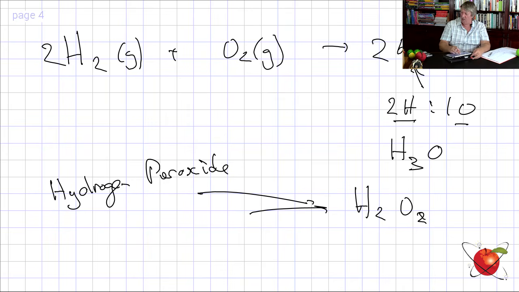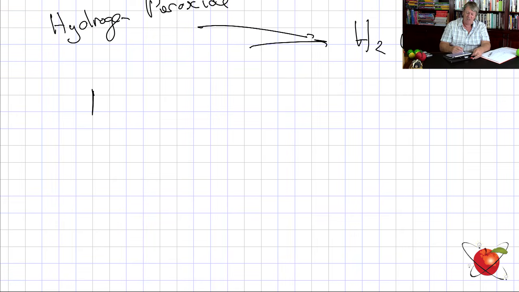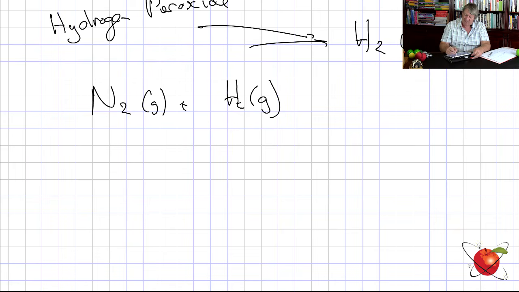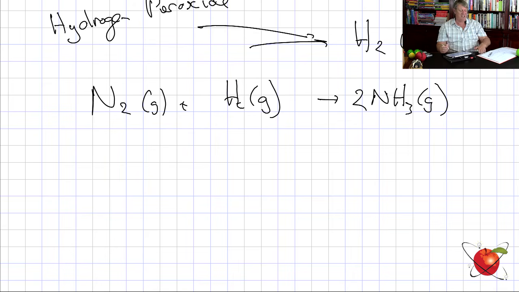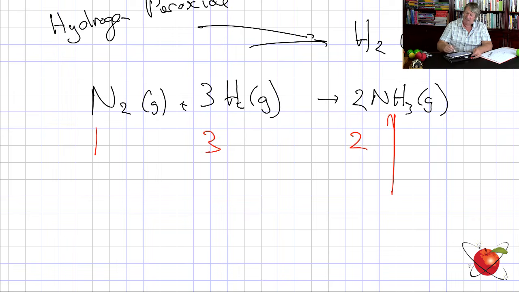The same goes for nitrogen, N2 gas, plus H2 gas, going to NH3 gas. Let's balance. Nitrogens, we need a 2. In the next section I'll go through the recipe for balancing equations. 2 N's, and I've got 6 H's, so I need a 3 there. This is always going to combine in the same ratio: 1 of these, 3 of those to get 2 of those, and this ammonia is always going to be